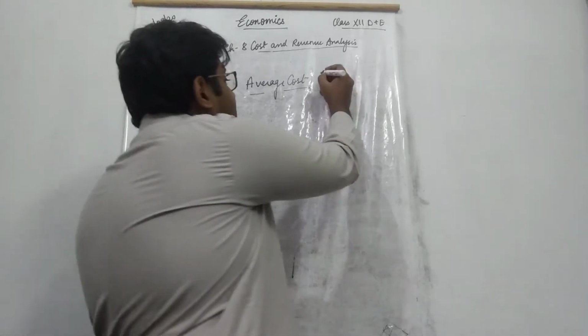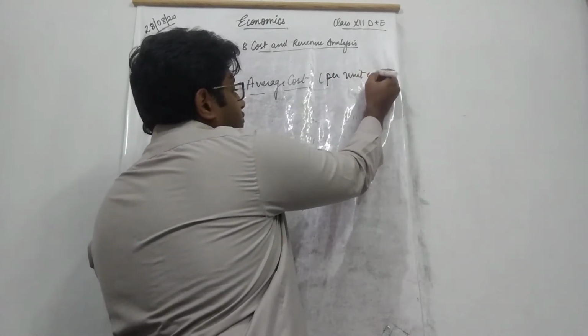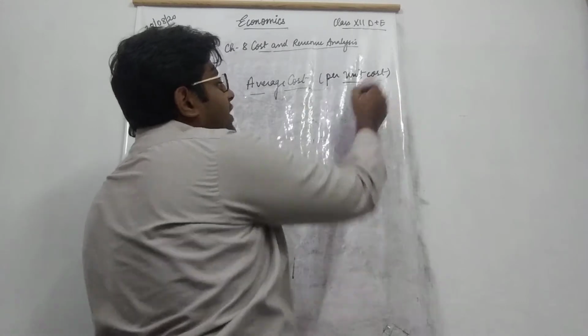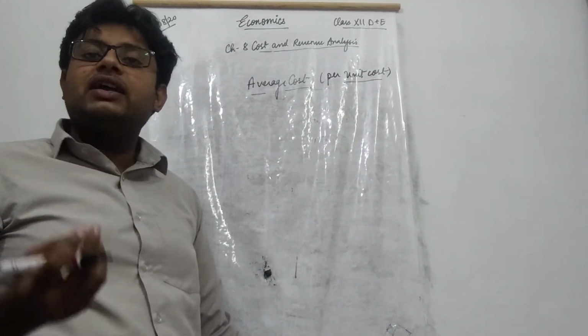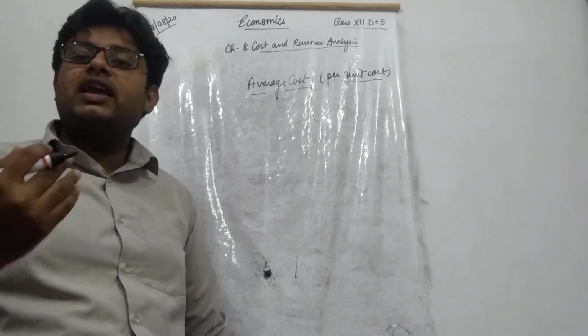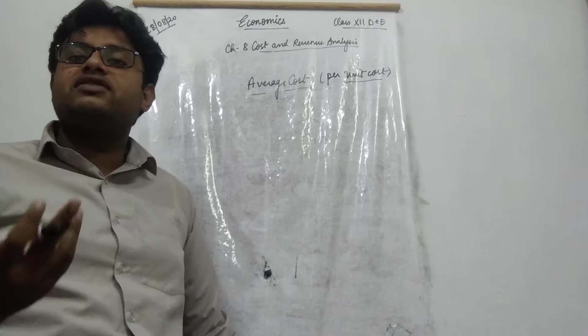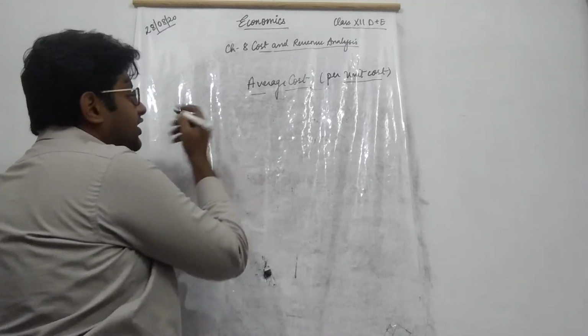Average cost is nothing but per unit cost. It is per unit, how much cost we have to incur on a particular factor. Alright, if I talk about average fixed cost,